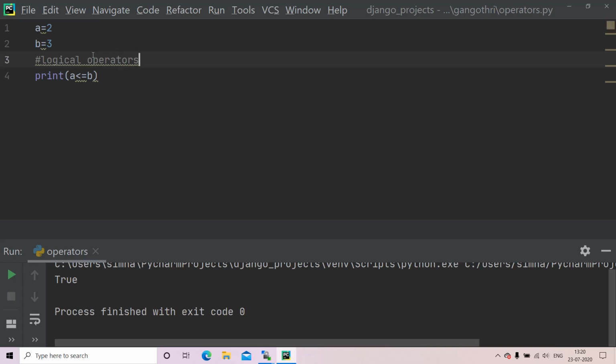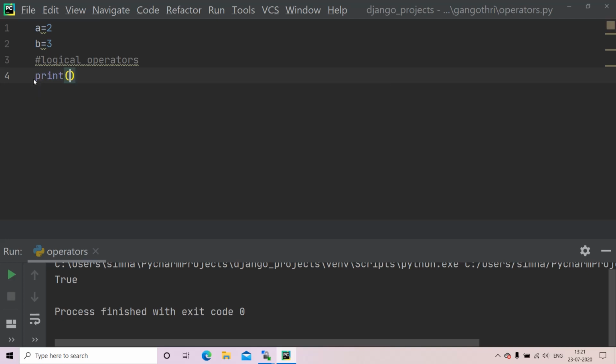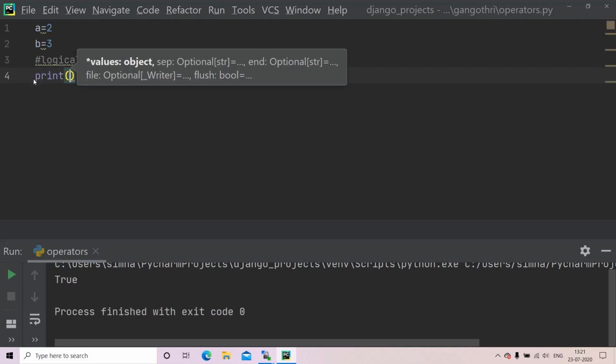Now we have three different logical operators: and, or, and not. We have logical gates, right, in our physics. Okay, now we shall see if print. Here we can also use comparison operators. If A greater than B